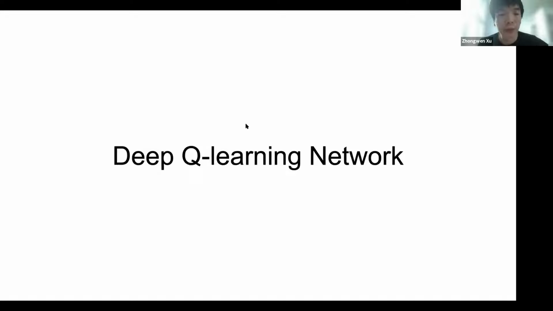On the second part, I'm going to introduce a very modern instantiation of the Q-learning I just talked about, and also a very practical way to use the idea of TD in real-world scenarios. That is the deep Q-learning network, also called DQN, as you may have heard. It was published in Nature